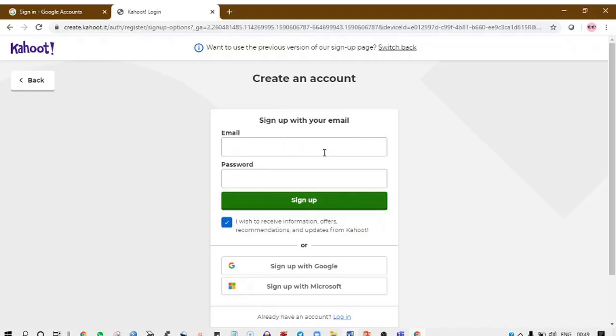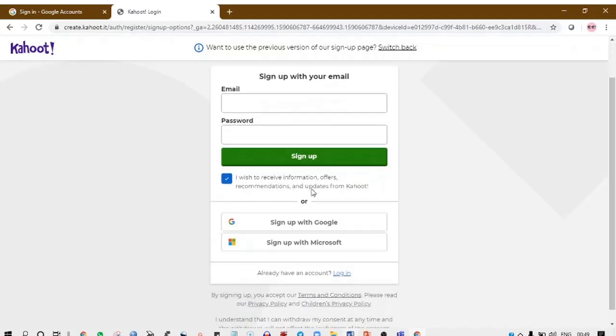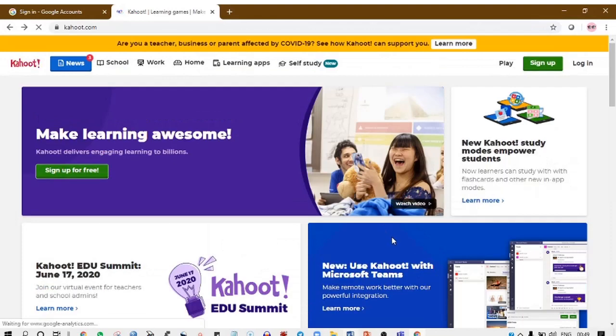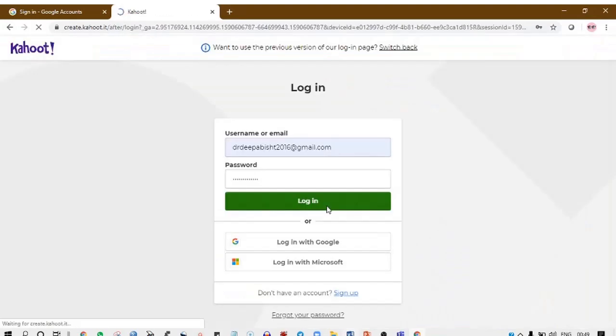Type your email ID here, then password, and then you can sign up. Or if you wish to sign up with a Google account or a Microsoft account, you can sign up from these accounts. Since I already have an account, I will log in with my account.